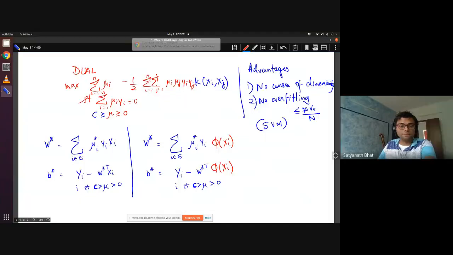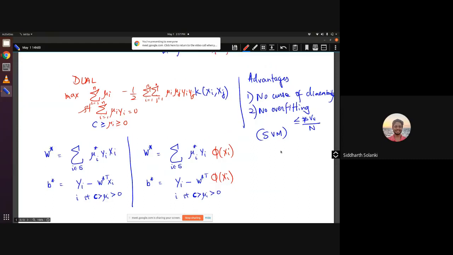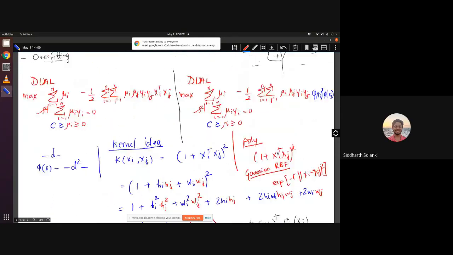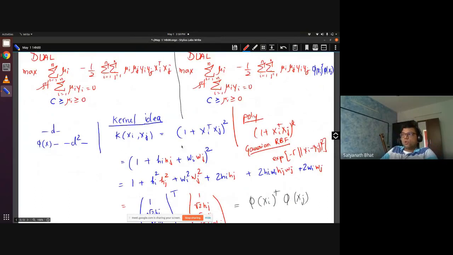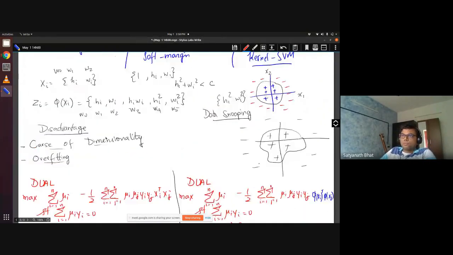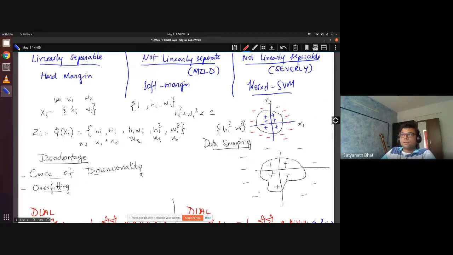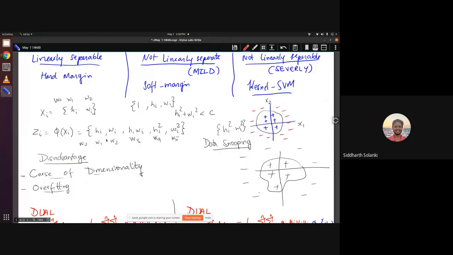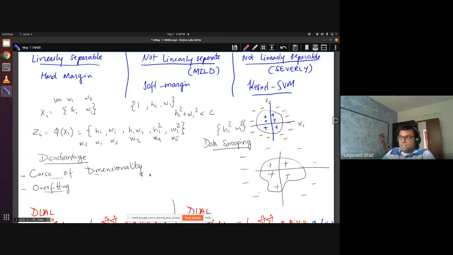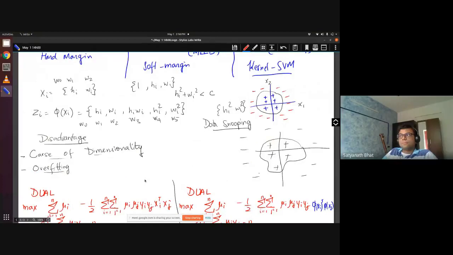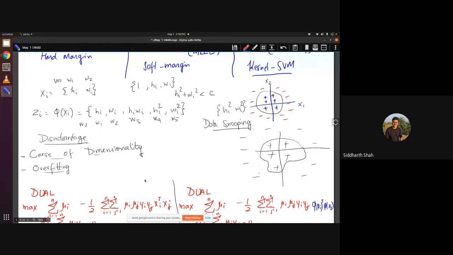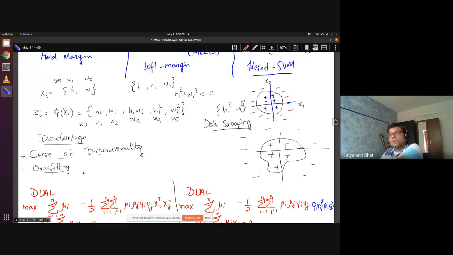Sir, can we see the kernel idea again? I didn't get the inferences which we made there. So the idea of kernel. First of all, the problem. Do you understand the problem? Yes, sir. I understand that it will blow up, like many terms will. Yes. Sir, I have a doubt in the problem itself. Is the problem that there will be very, very long vectors due to which the computational costs will be higher? Is that the only problem? Which problem are you talking about?